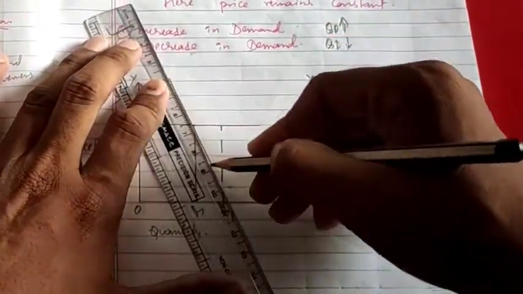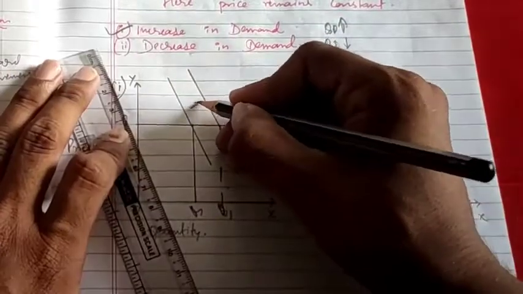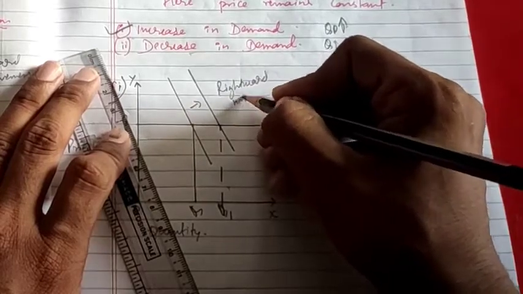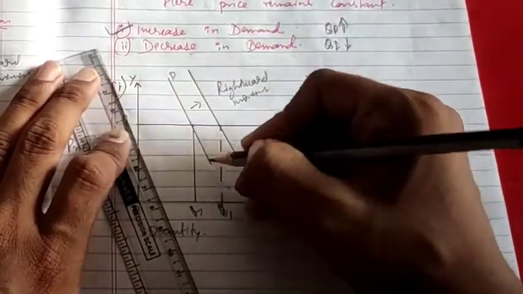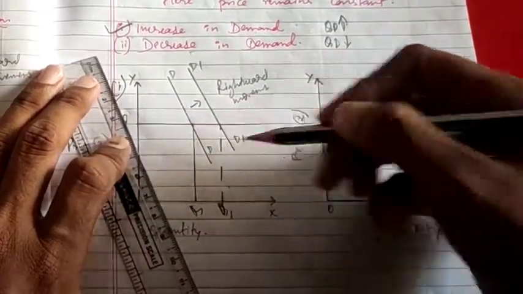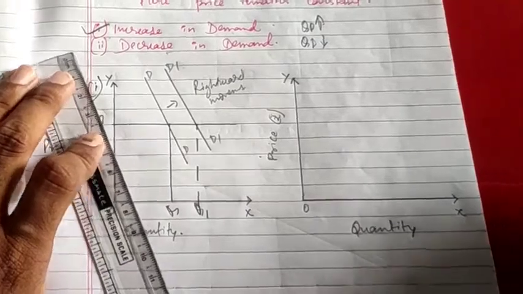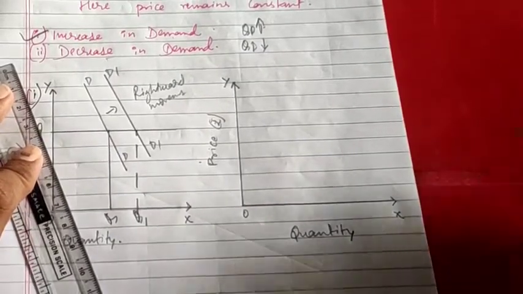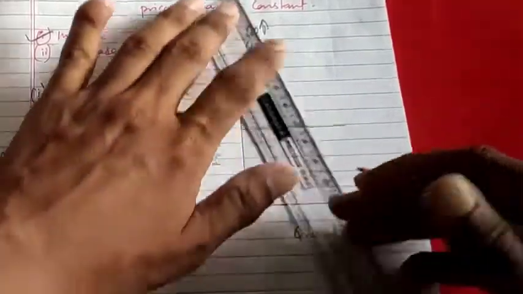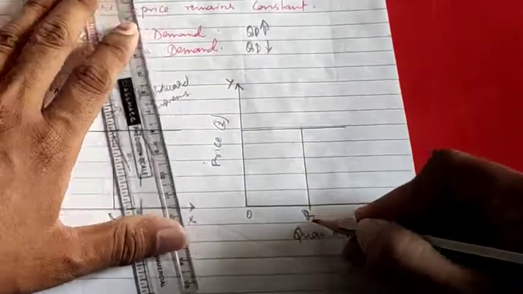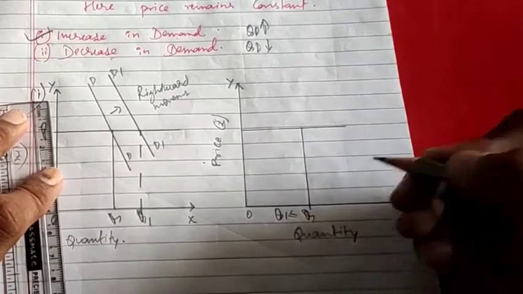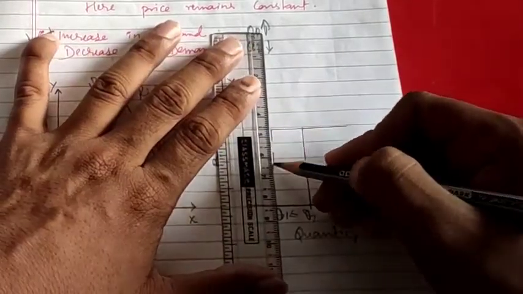So first demand was here. Now what happens to demand? It shifts towards the right. So here we can say that it is a rightward shift. Clear? First it was DD, and now the new demand curve is D dash, D dash. This way we have made the diagram of increase in demand. Now we'll move towards decrease in demand. Here also the price will be constant. Clear? So here there was quantity Q. Now what happens? Decrease in quantity demanded. The quantity demanded will decrease and move leftward.